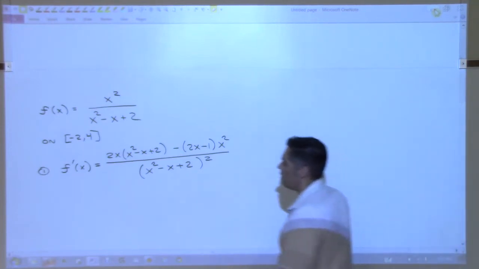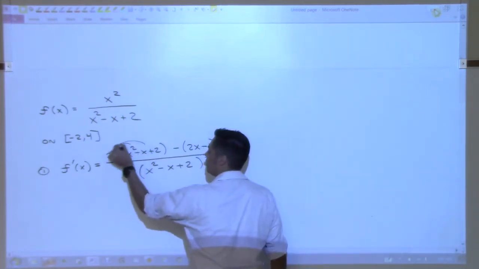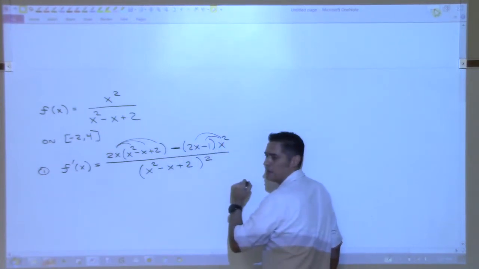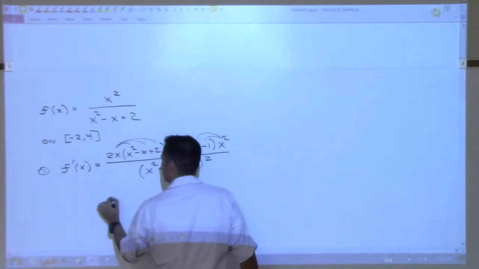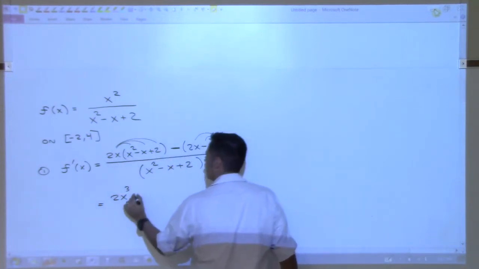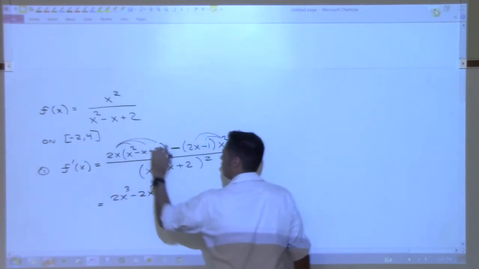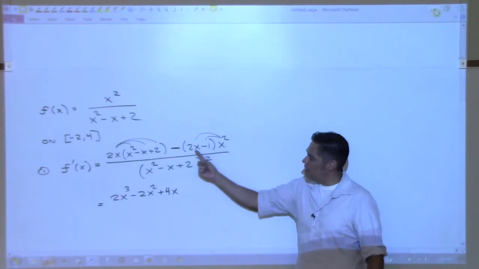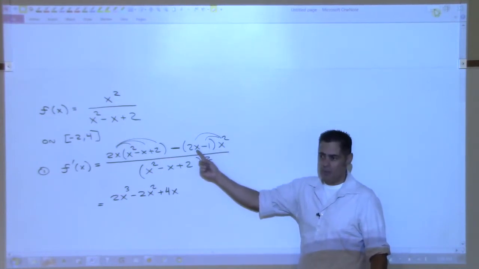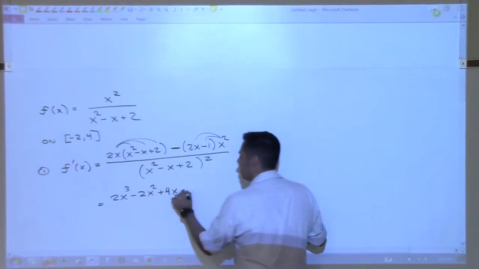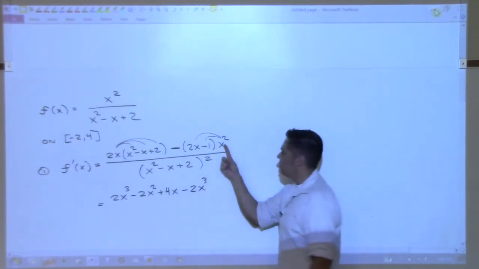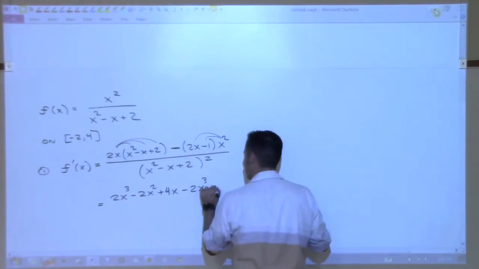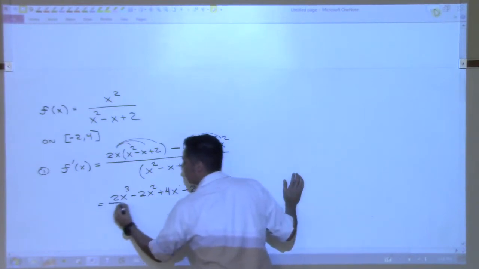So what I'm going to do to start off is start cleaning it up. So I'm going to start distributing this through, and then over here I'm going to distribute that through, and be very careful with that minus sign, right? So let's see what we get here. 2x cubed, that's here, minus 2x squared, and then plus 4x. And then here, when we do x squared times 2x, we get 2x cubed, but then it's subtracted. So minus 2x cubed, very happy to see that. And then when I do x squared times this, I get negative x squared, but then I change it to plus. So plus x squared. And then all of this over